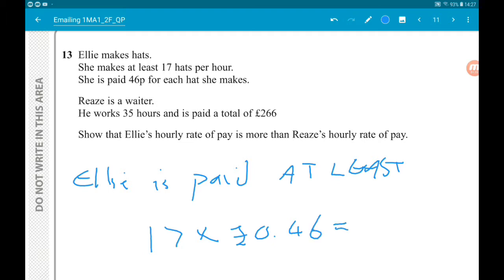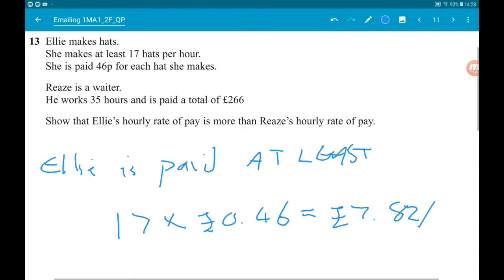So, if we do that, we are going to get £7.82. And that is per hour. Now for Reese,